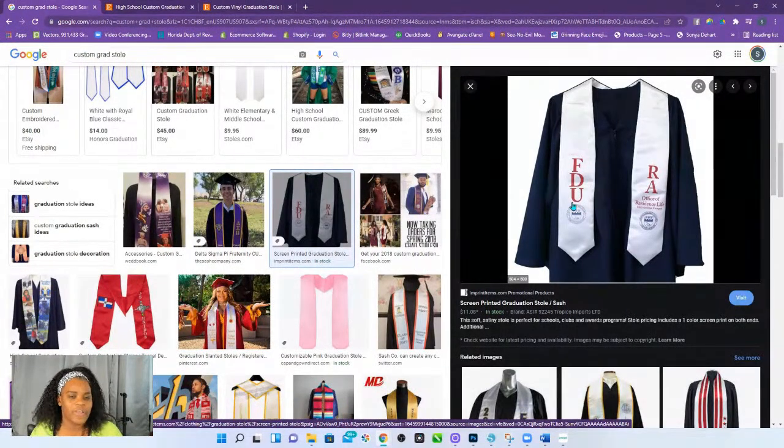Hopefully your $40, $50, $70, $80, $90 is because of the amount of work that you're putting into the design. But if they're telling you exactly what they want, they're providing you with the logo, and all you have to do is arrange it so it says FDU RA office, and press it. You can't say, oh, I can't compete with that, because you're thinking about the fact that you sold a personalized stole for $90 and you want to charge somebody $90 for something like this. They're never going to pay that, because they can go somewhere else where they understand